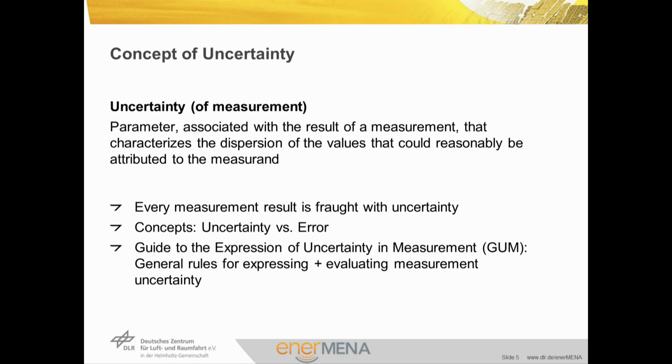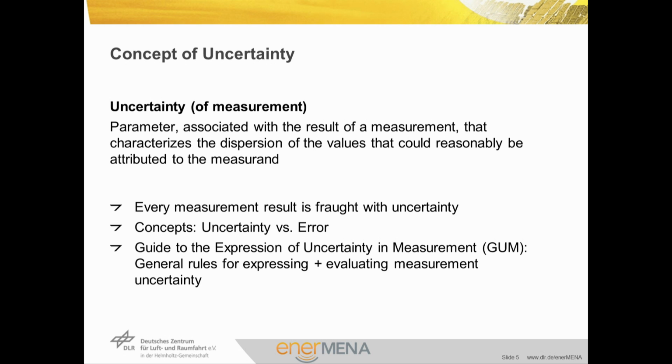The uncertainty of a measurement is defined as a parameter associated with the result of a measurement that characterizes the dispersion of the values that could reasonably be attributed to the measurand. In other words, what is the interval about the measured value that is likely to encompass the true value with a certain probability? As no measurement process, no equipment is perfect, it goes without saying that every measurement result is